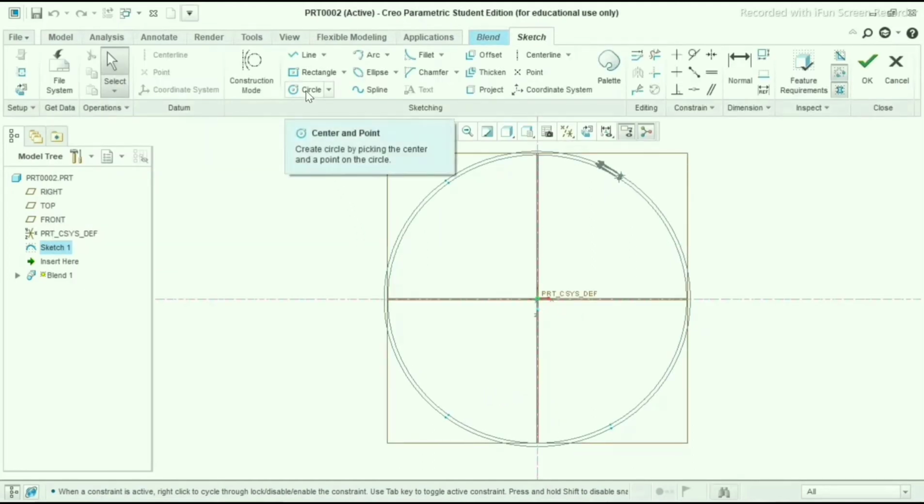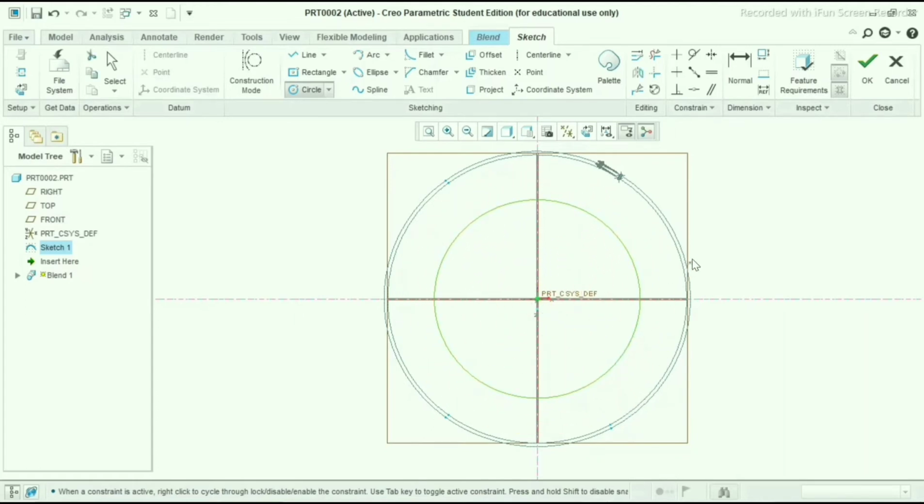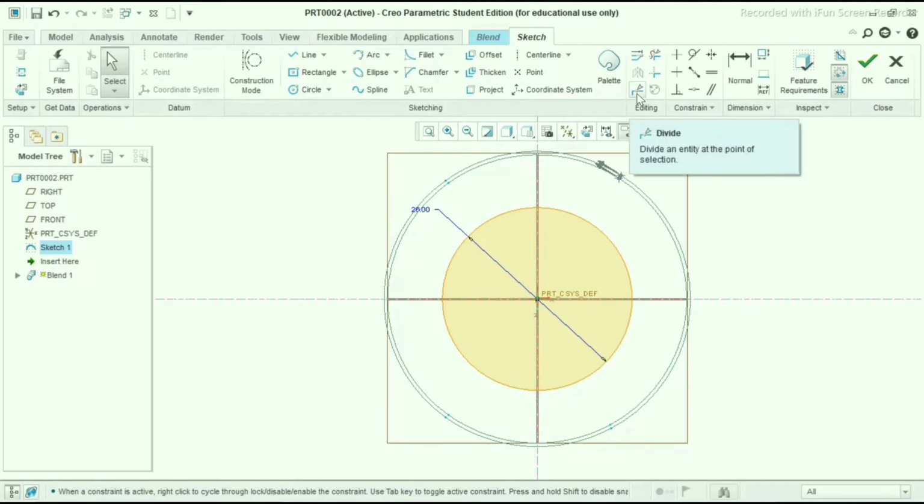Again we will make one circle, so select circle, make it from the origin point, make sure of it, and press the middle mouse button. And this time I will make it 26 mm dia. Now again divide the circle into 4 equal parts, so that it will make a corner.